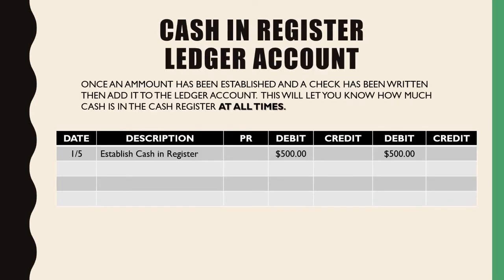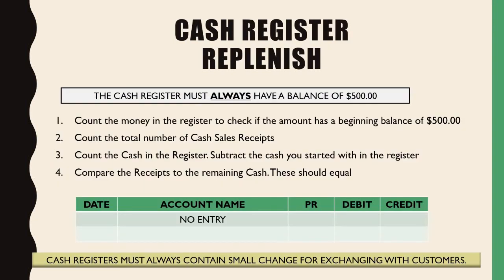Okay. Once again, we're going to be creating a ledger account, so you know how much money you should have in your cash register at all times. In this case, we've established the cash register at $500. And then, how do we replenish it? Now, this is where it's slightly different than a petty cash drawer, because our cash register should never be full of receipts. It should actually have more cash in it. So this is where you're going to think a little differently for a cash register,